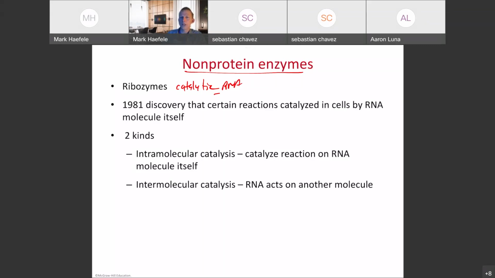It's kind of like the ultimate chicken-and-egg question, right? Well, wait a minute, how do we make proteins? Well, we make proteins by using proteins, but then how do we get those proteins? How did those come to be? And so this was always kind of the big boondoggle of the DNA-based molecular development or molecular evolution